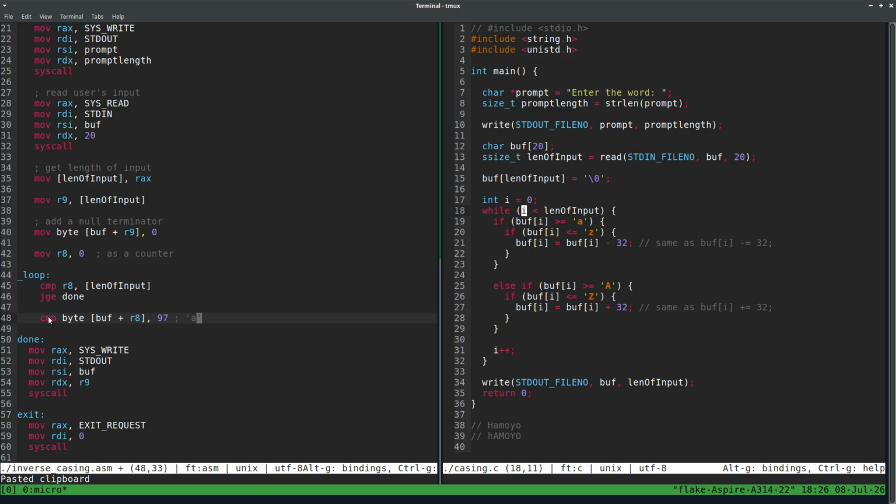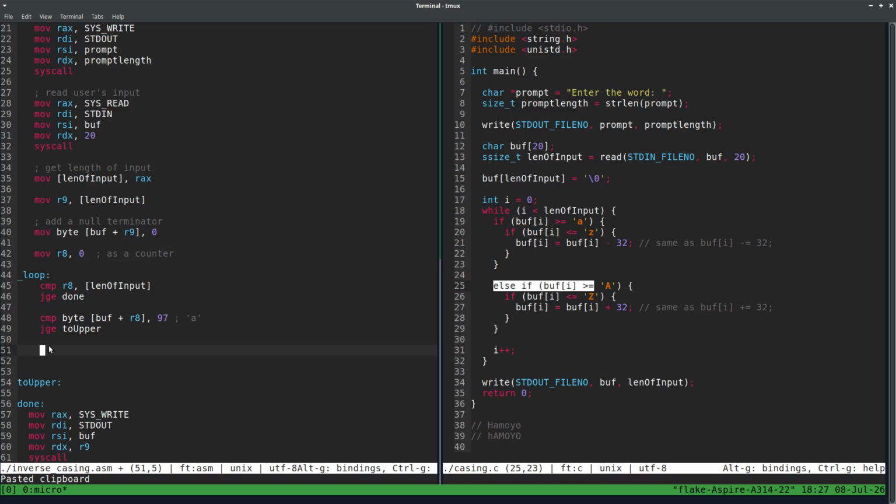Because 97 is the ASCII character for small a. And then if it is, we're going to jump to upper, where upper is the directive over here. We'll write it soon enough. And then in the other case, we're going to look at another else if, which is